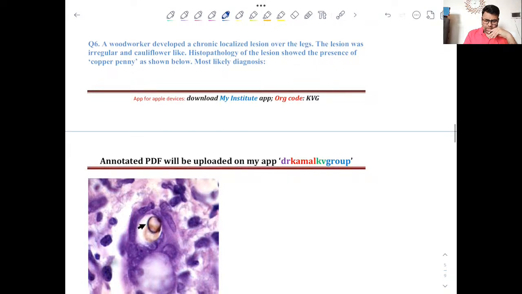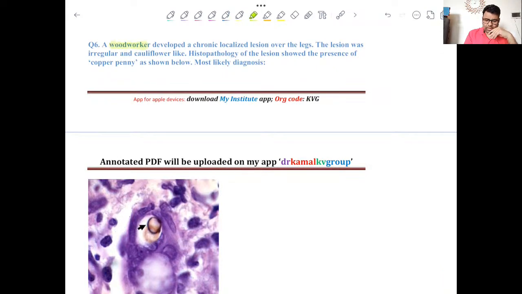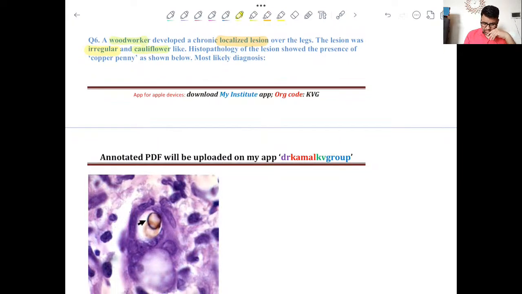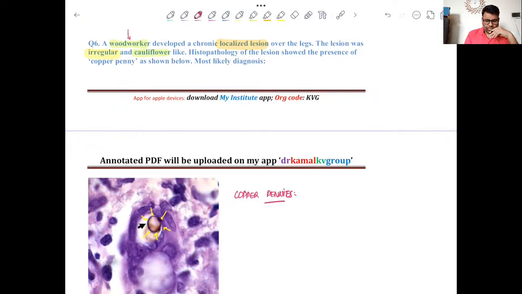Now moving forward, a woodworker developed a chronic localized lesion over the legs. The lesions were irregular and cauliflower like. And when we did the microscopic examination, we found bodies looking like copper coins, right? So here it has already been written that these are copper pennies, in a setting of a worker, like he may be a gardener or something related to plants. So there are cauliflower like lesions over the limbs. So this occupation plus cauliflower like growth plus copper pennies on histopathology, this is